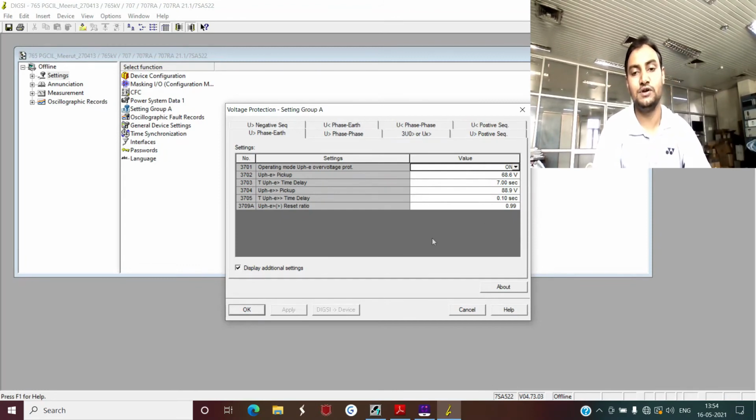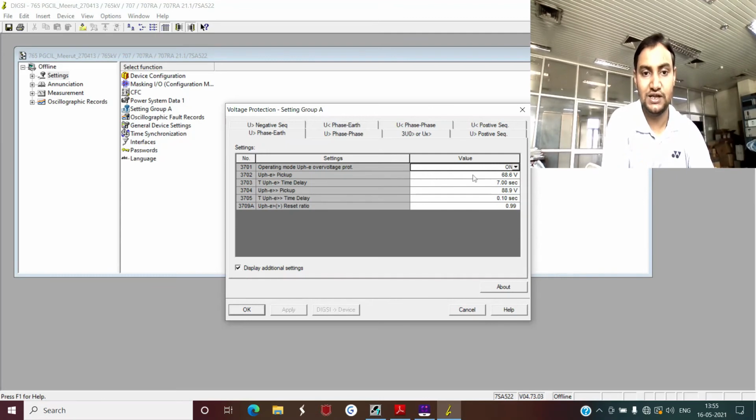Basically these are very complex settings in terms of regulations, because the utility doesn't want to operate their equipment at a higher voltage level because of the reduced life of their equipment, but at the same time the network operator wants to have more elements in the system, and they don't want the network element to be tripped immediately after your system voltage rises from suppose 765 kV to 770 kV. So they always provide some safety margins, and on that margin, suppose 770 to 790 or 800, their settings are decided on the basis of mutual agreement between the network operator and the utilities.